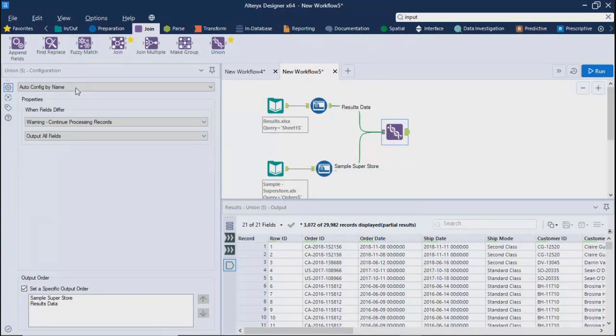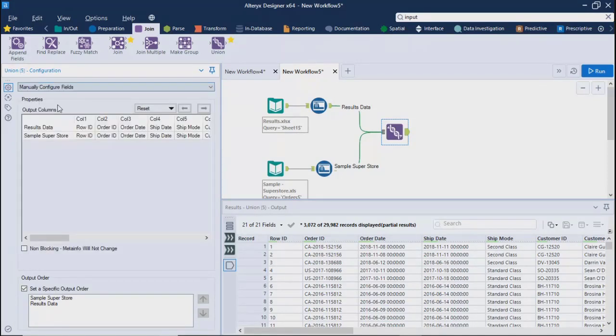I'm talking about auto config by position and then manually configure the fields. Manually means we can change the field name and all, right? Not the field name. You can simply change the order manually. If we want to change the position, we can choose the second option, right?